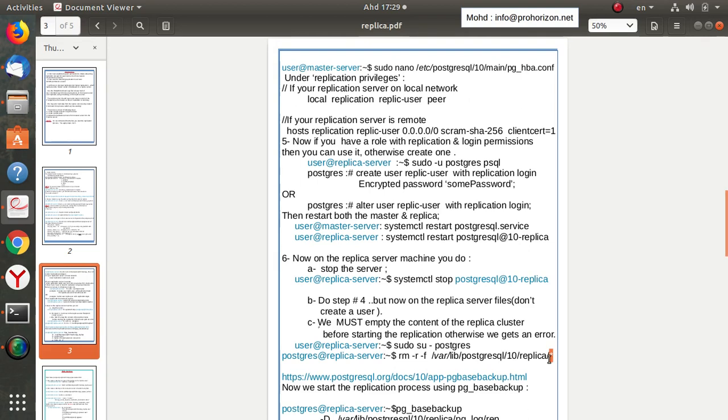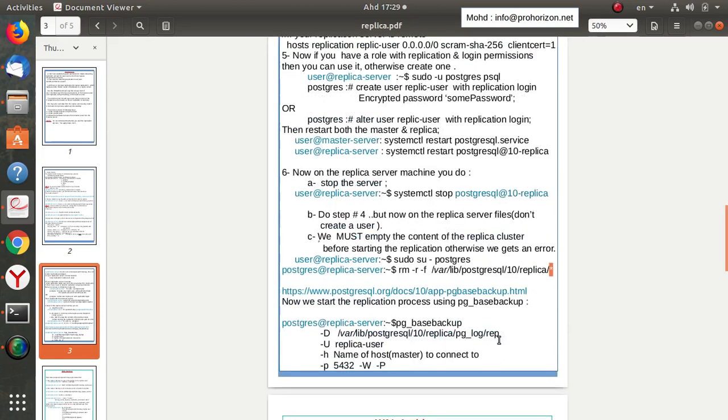And actually you should empty the folders which are in that directory, not the whole directory. Good. Now once you have done this step, we need to move to the final process of